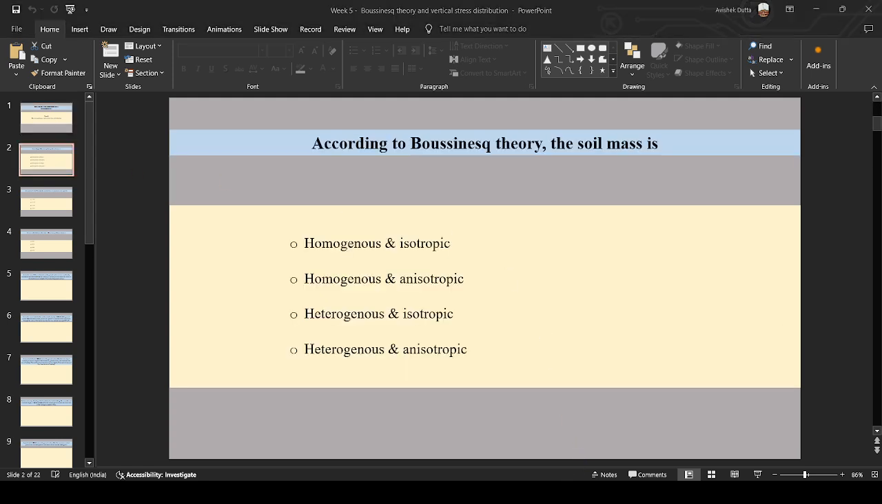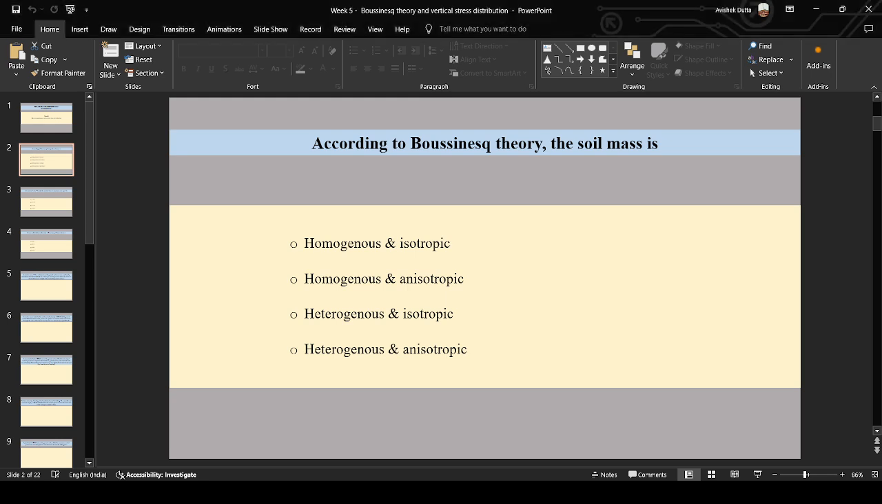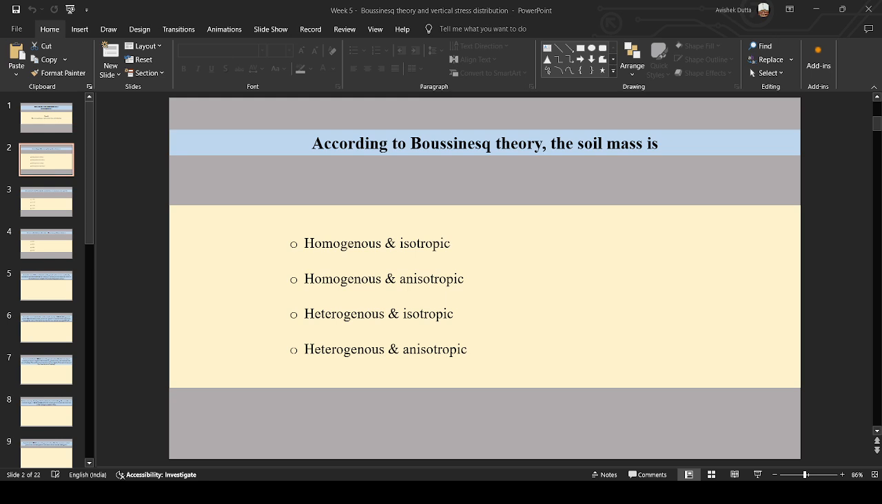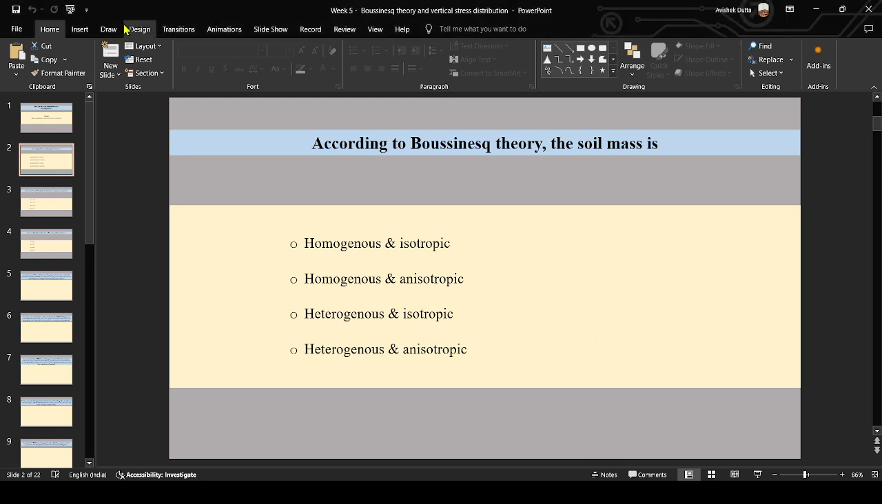According to Boussinesq theory, the soil mass is. What is the answer? According to Boussinesq theory, the soil mass is. Any answer? Okay, so in Boussinesq theory,